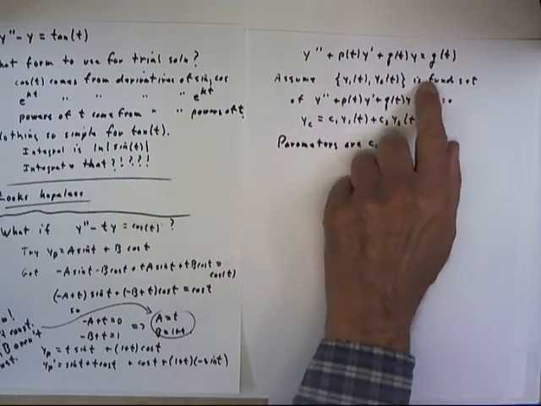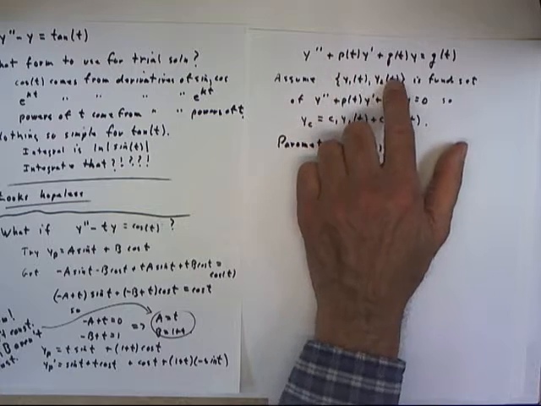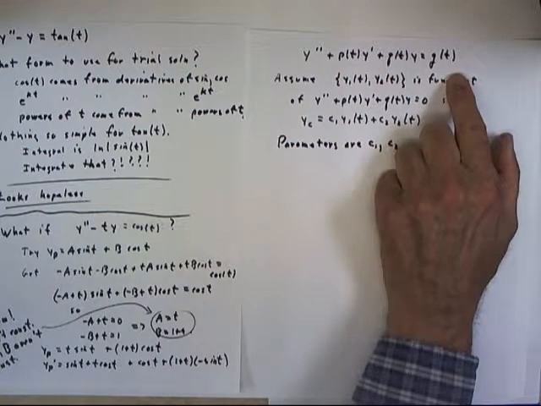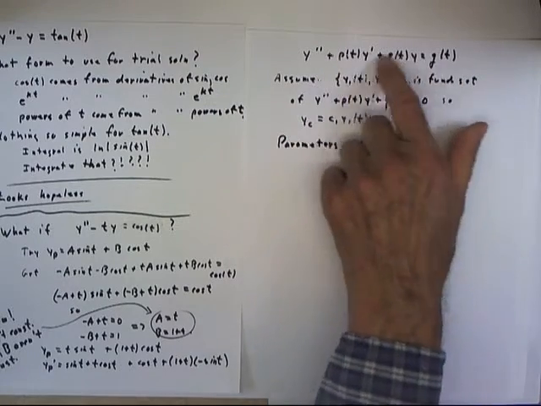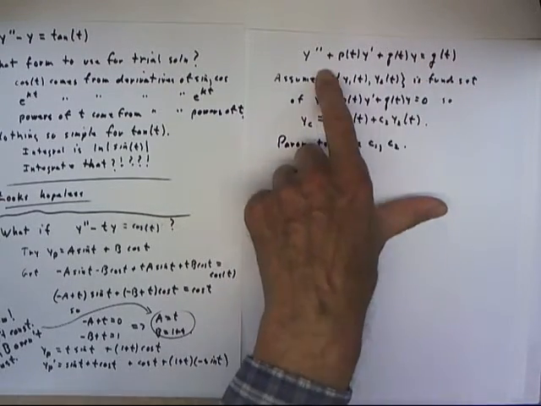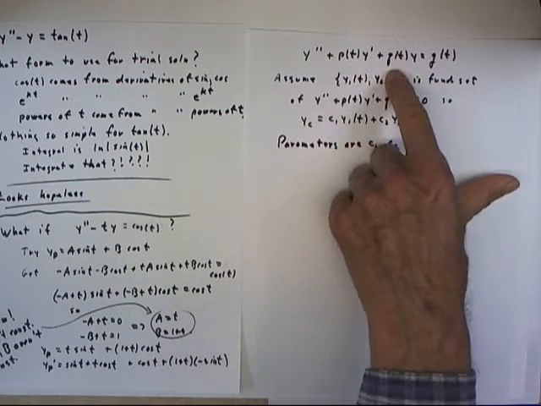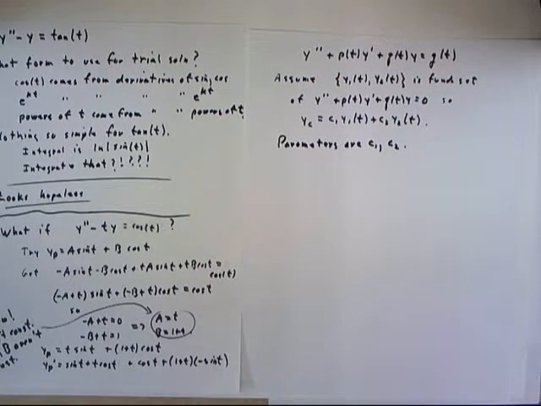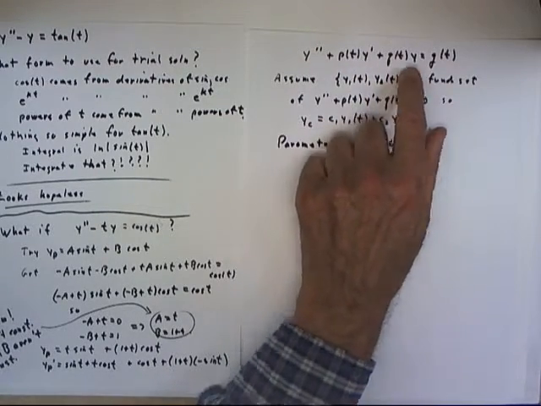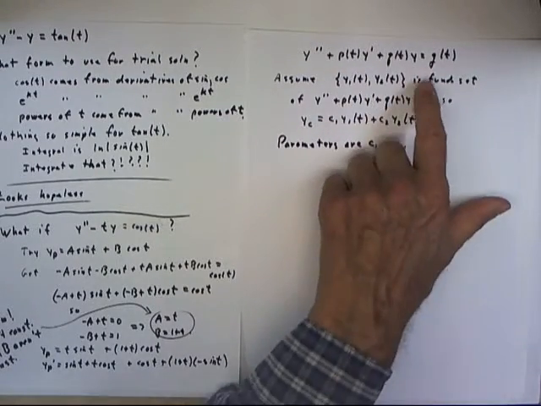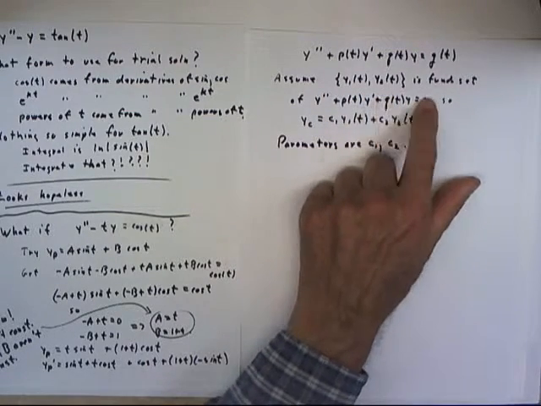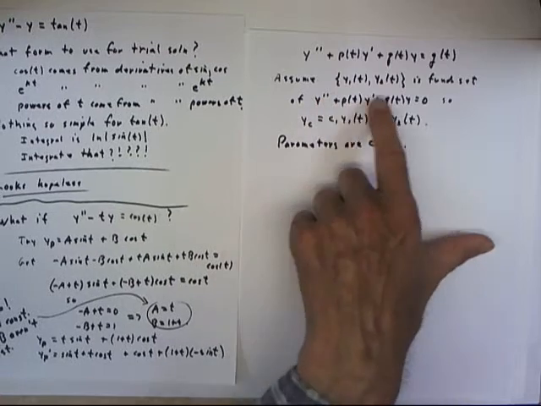Suppose we have an equation, just any old second order equation. We don't have to have constant coefficients, but it's a non-homogeneous second order equation. We might not know how to solve the characteristic equation depending on our P of t and Q of t functions, but let's assume it is something where we can solve it. So we're going to assume that we've got some fundamental set, y1 of t, y2 of t,